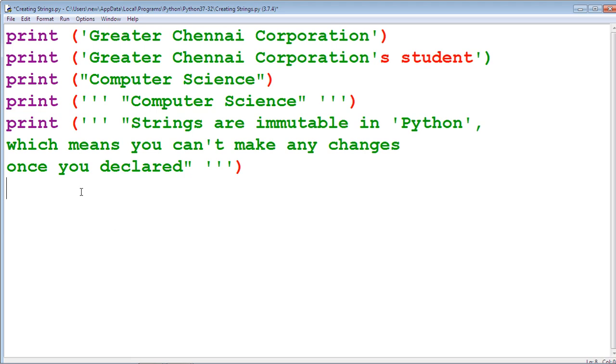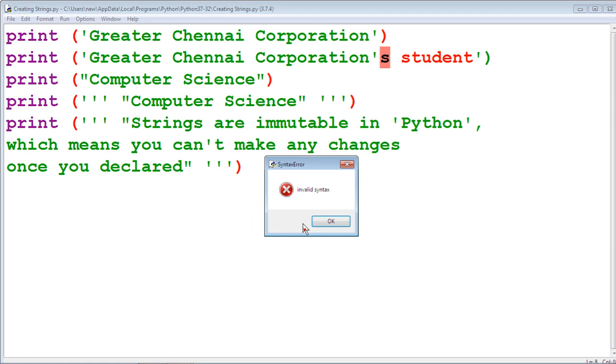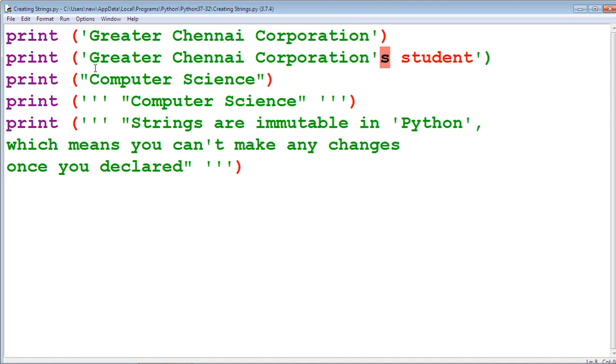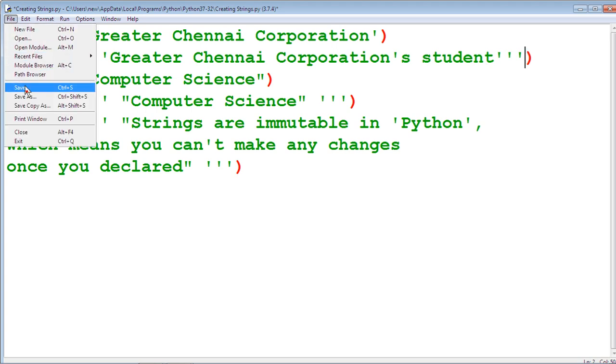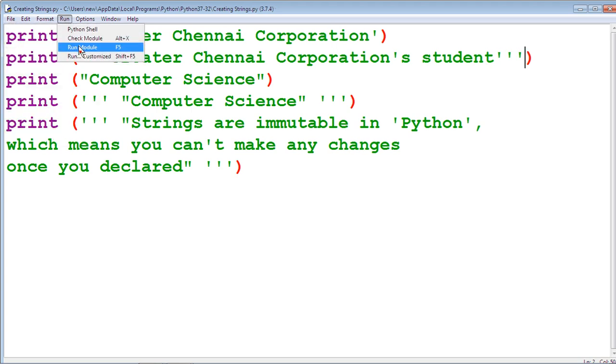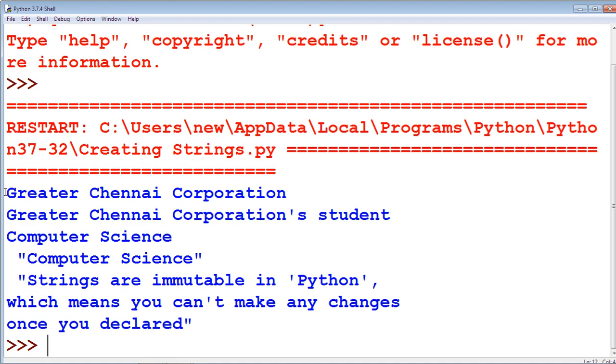Run this program by using run module. It leads to an error. Here this is the error, because we should enclose this by 3 single quotes, then only we can print the single quote here. 3 single quotes. Save the file, file save, run the module. Now we get the result. This is the text enclosed with a single quote.